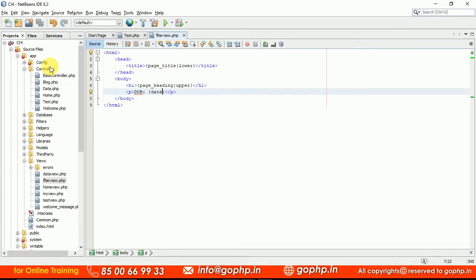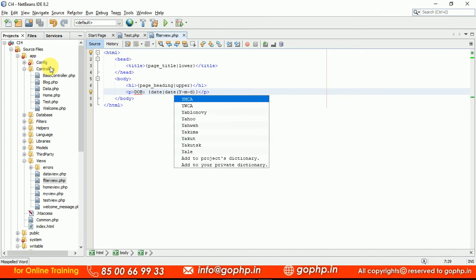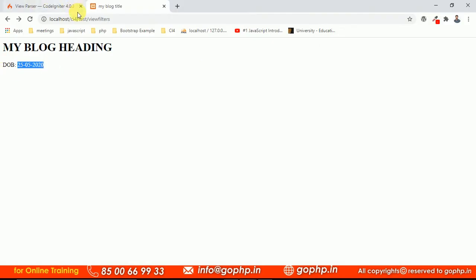For this we have a filter called date filter. In this we can pass a parameter. What is the parameter we want? I am going with YMD, so you can take capital Y. We already know date functions in core PHP. The same way we apply parameters to the date function there, we can apply them here also. Just refresh it. Can you see the format is changed now?